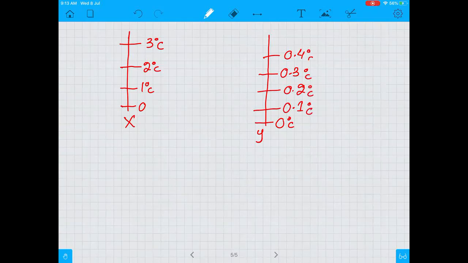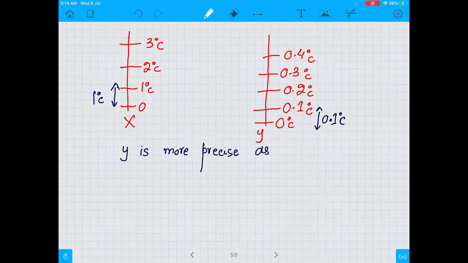Now you see one division on X is of 1 degree Celsius. One division on Y is of 0.1 degree Celsius. So we can say that Y is more precise